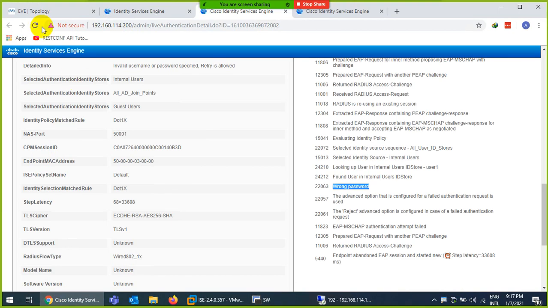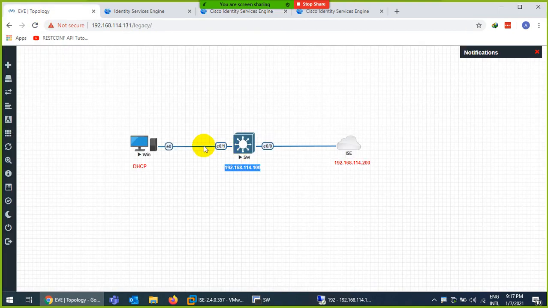Unfortunately, I can't show you, because my Wireshark is not working. If I enable Wireshark, you will see that PEAP protocol which I told you. From here to here, which I will show you in the next lab, that protocol is working, and from switch to ISE, the RADIUS protocol is working. So the switch is the authenticator. They are getting here the PEAP protocol, and from switch to ISE, they are using RADIUS.